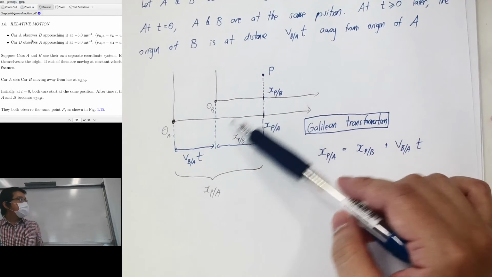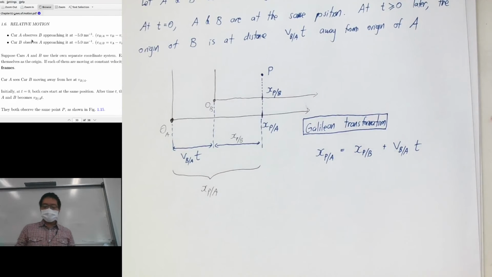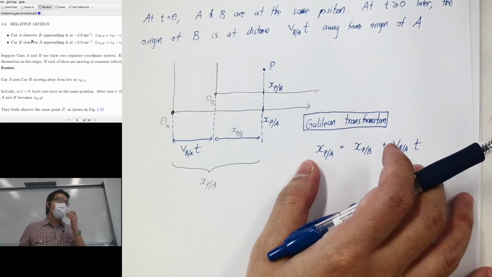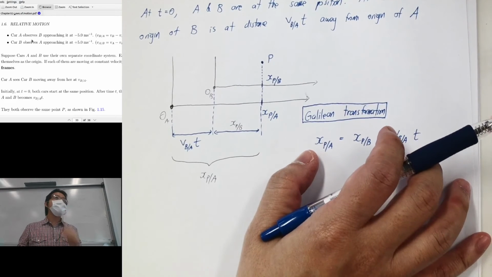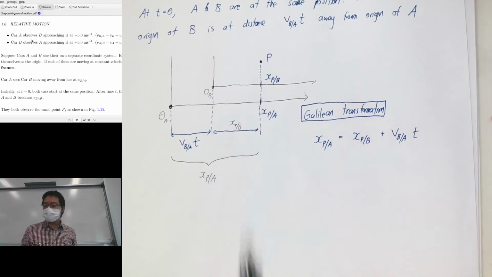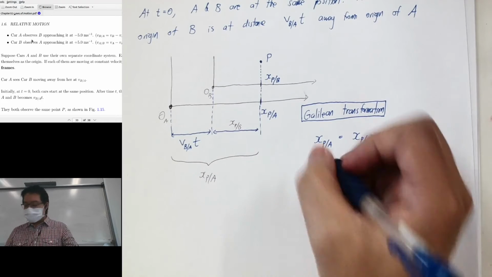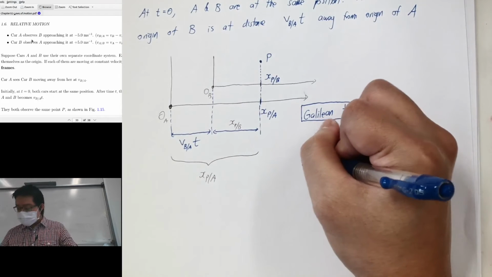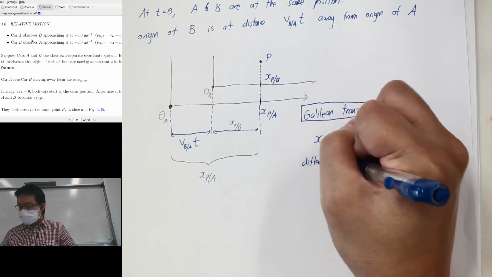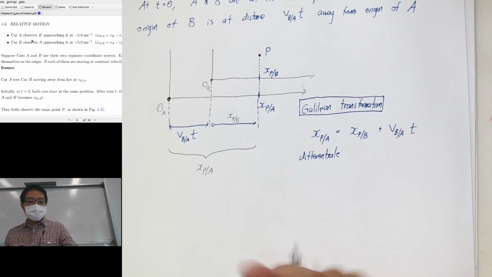Okay, so now, position, for most of the time, is how to get a position. So what is the next thing? We want to get the velocity. Once we got this, it's very simple to get velocity. We just need to differentiate. So if I differentiate both sides of the equation,